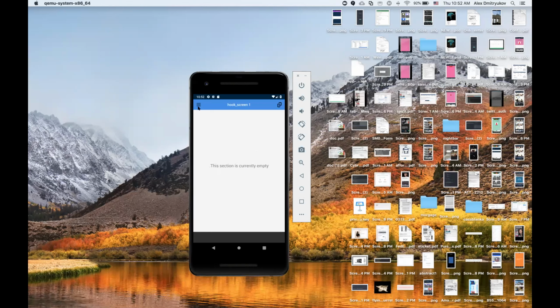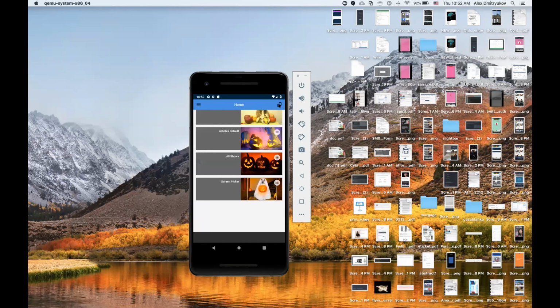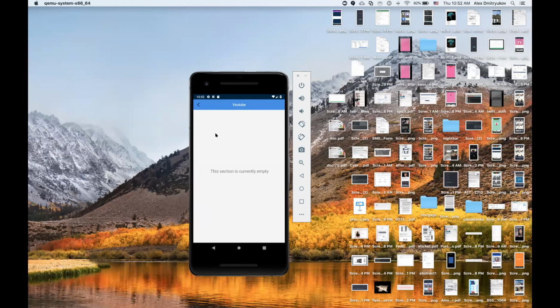One thing that I added, I'm not sure if Anton has it or not, and actually let's go to the home screen. Now, if we go back to the top bar, you see that we're going straight to the YouTube screen without going through the same hook again. That's because we specified it not to be presented every time.